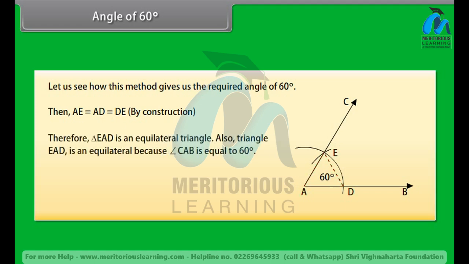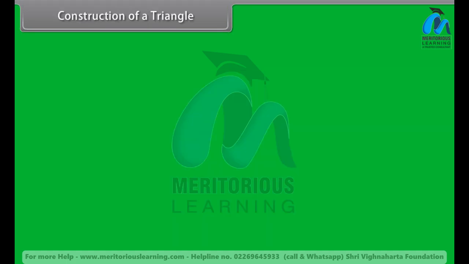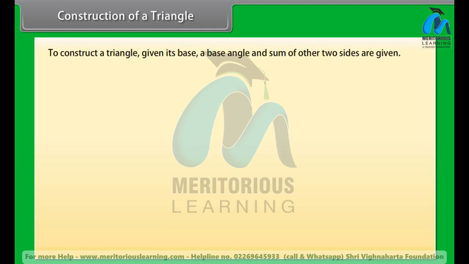Therefore, triangle EAD is an equilateral triangle. Also, triangle EAD is equilateral because angle CAB is equal to 60 degrees. Construction of a triangle. To construct a triangle, given its base, a base angle, and the sum of the other two sides